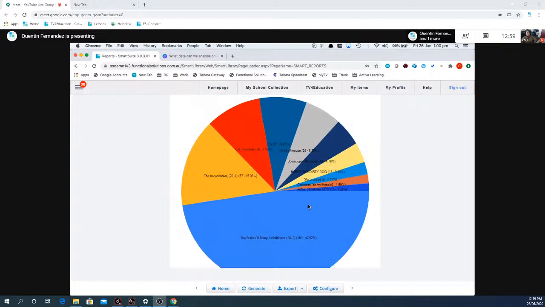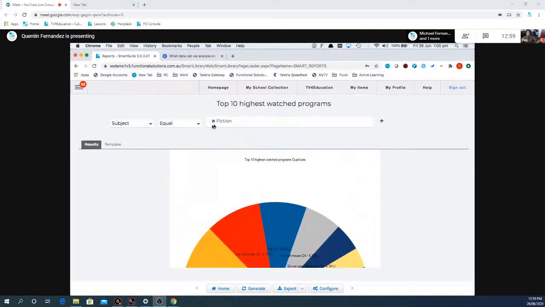So if we're dealing with a particular scenario where we've got a volcanoes topic that's going out for year 12s, and we want to see, okay, are they actually using the correct videos? We can come into this usage report and go, I want to see all the videos that have a subject of volcanoes. And if they're watching a David Attenborough video that is 10 years old, and that's the most watched program, and there's a newer program that Discovery Education has published that's available through TV for Education, we can then